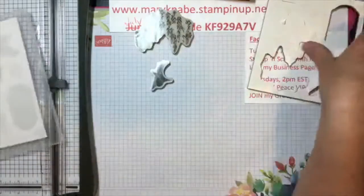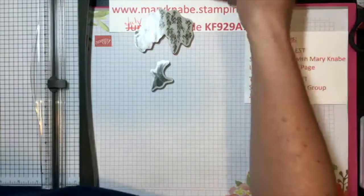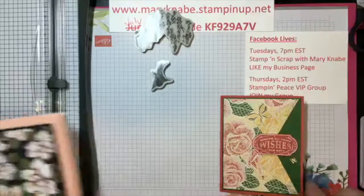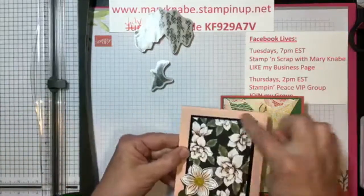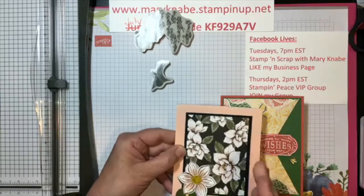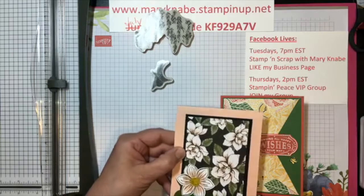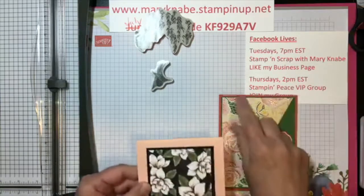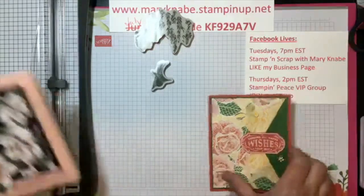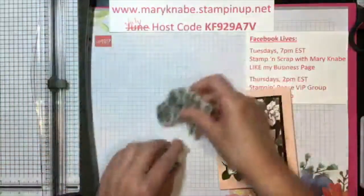Another tip I can give you is sometimes I like to change up the size of my mat. For example, standard is the 5 1/4 by 4 inches, and then I went down one layer. But look how Tamara used a completely different size mat. She scaled way down. And remember that we typically go down or up by 1/4 inches, or 1/8 if you want the real skinny edge. So I'm going to do that, and I'm thinking I might want a smaller